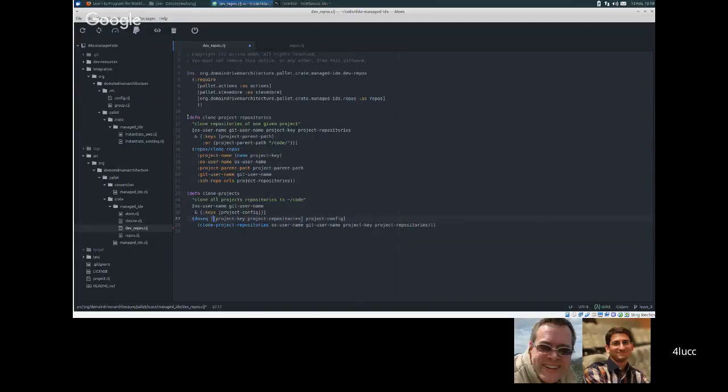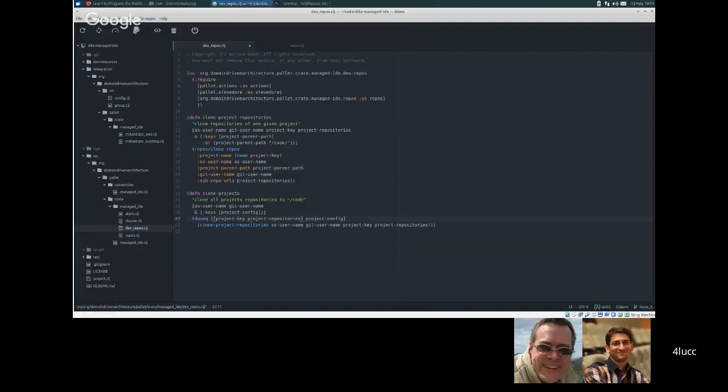What does doseq do? In the clone project, we have a doseq. So it's like iterating? Okay. It's iterating over project config, over the repos. Not so much iterating across this project key. So we have the option to have many project keys. The project key is dda-pallet, I think. And then we have a sequence of